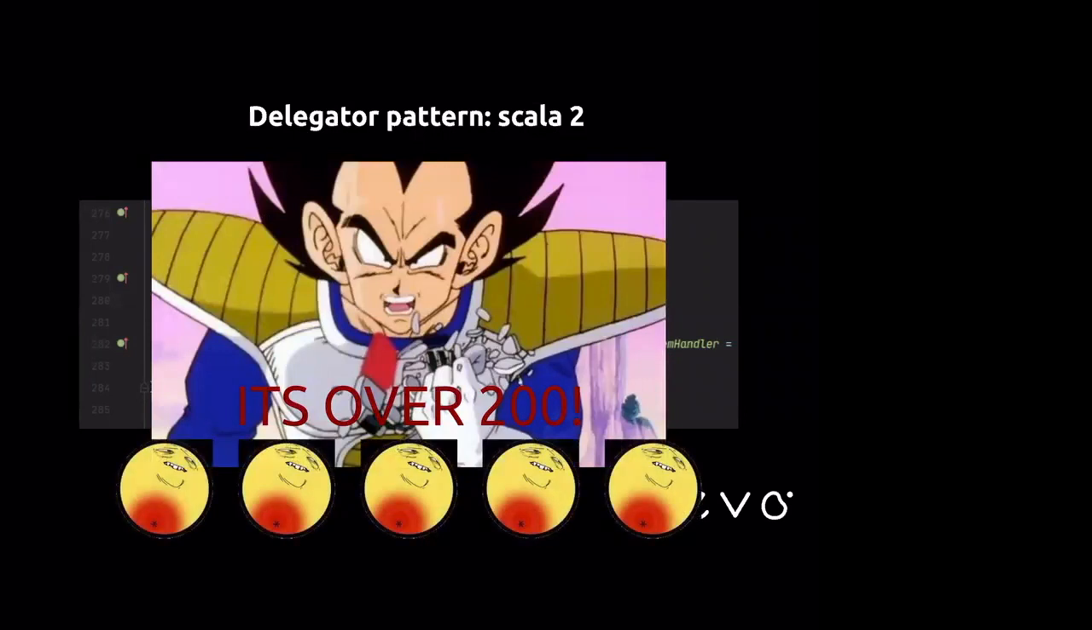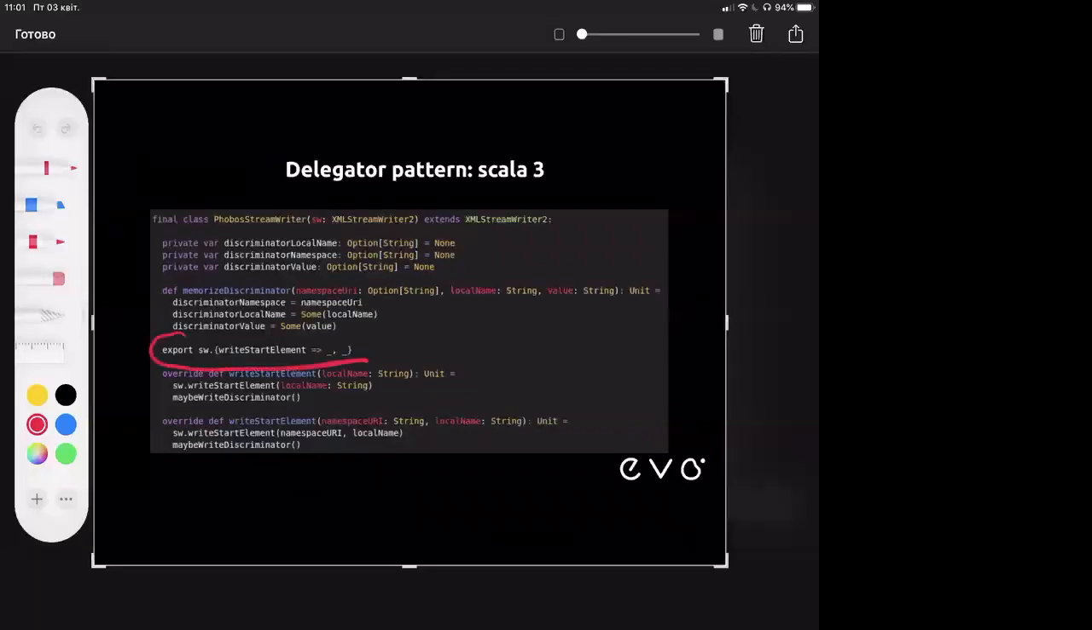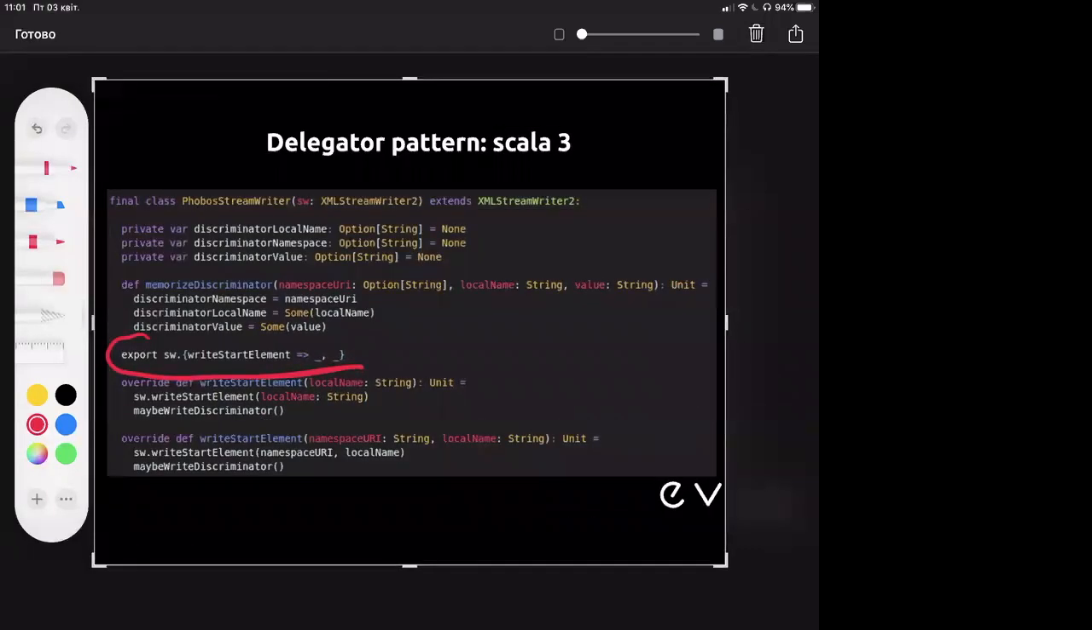But in Scala 3, we have a special export keyword. Export is dual to imports. In this case, export says that the Scala compiler will take every method from the underlying object CW and override it, delegating the function calls to the CW object, all the functions except this one, because we used